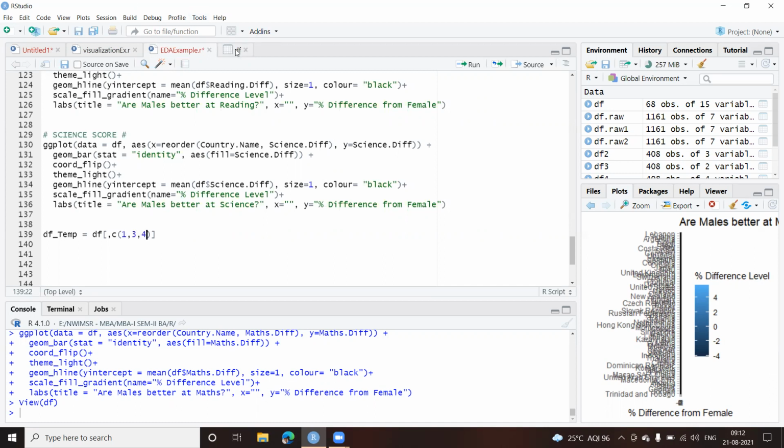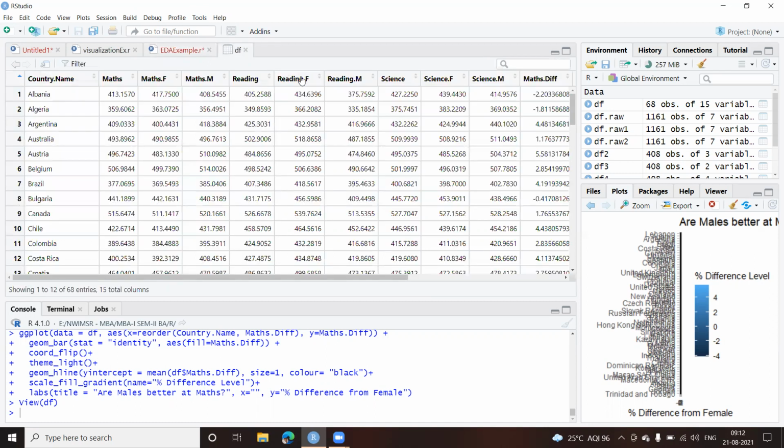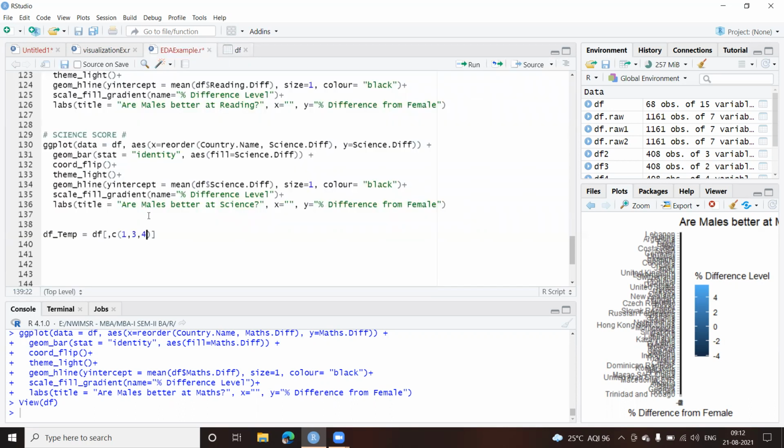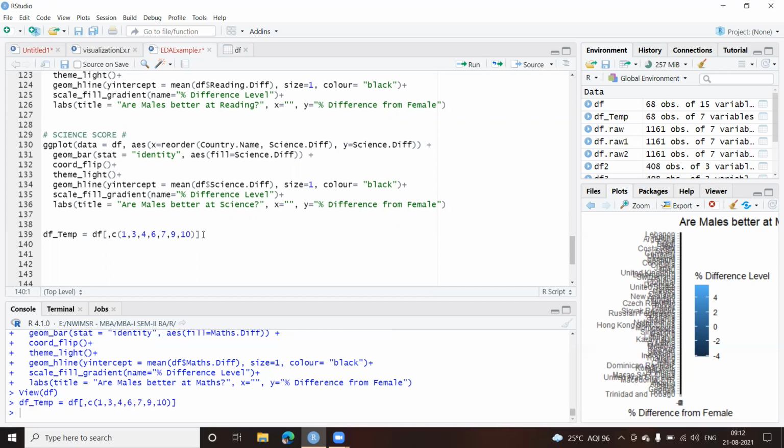Then just let me check it out. So this is third, fourth. This is the sixth one, seventh one, 9 and 10. Okay. So I can give 4, 6, 7, skip 8, 9, 10. Okay, these are the columns which I want, so that I can see the relationship between these fields. Okay, I'll just run this.